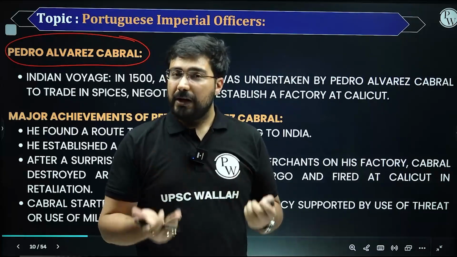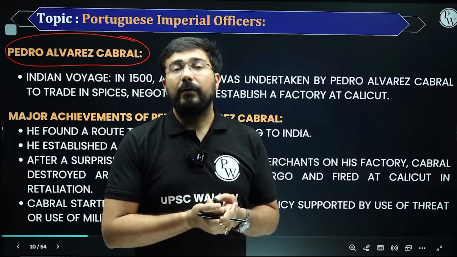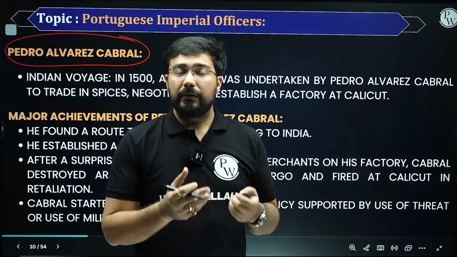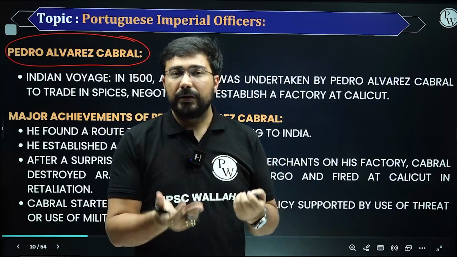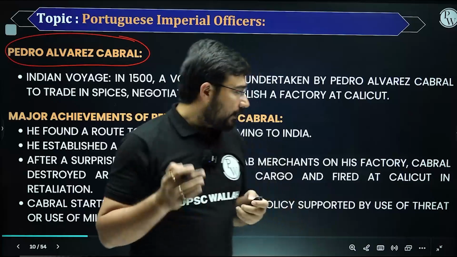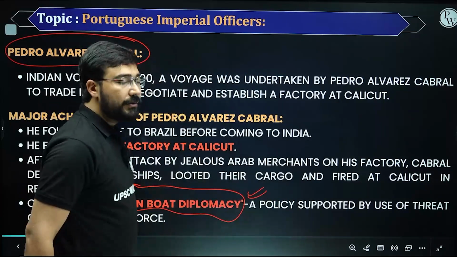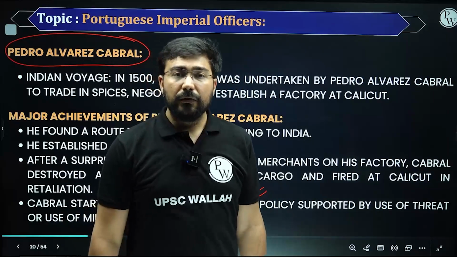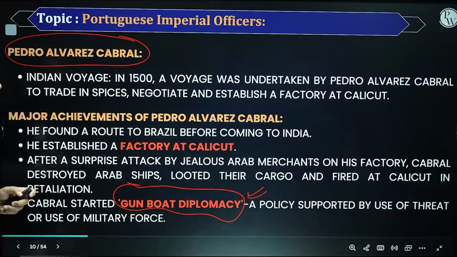They were in the minority, so they thought, if we want to contribute to the monopoly of the Portuguese, we should change the system. So they started bringing a large number of weapons, which were stored in their ships, and through that they started capturing more and more trade. So this was a fundamental change which happened in the trade of the Indian Ocean with the arrival of the Portuguese, and more importantly, in our case, Pedro Alvarez Cabral.